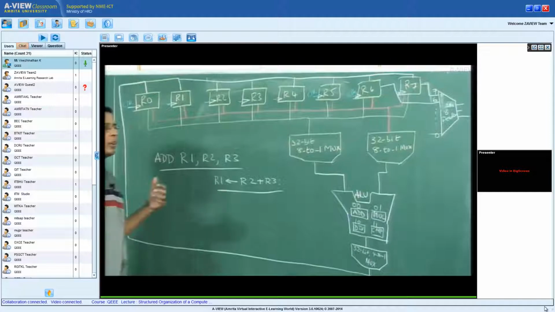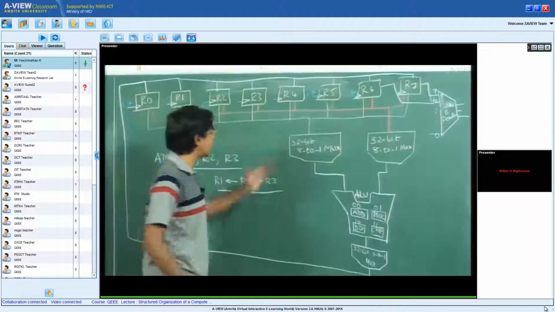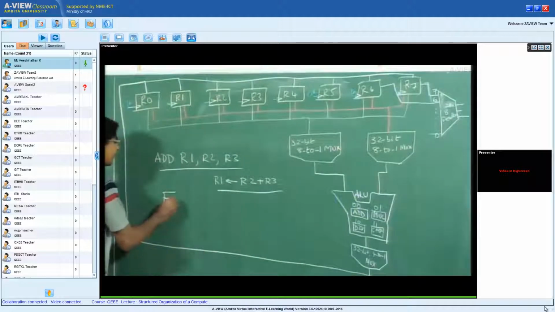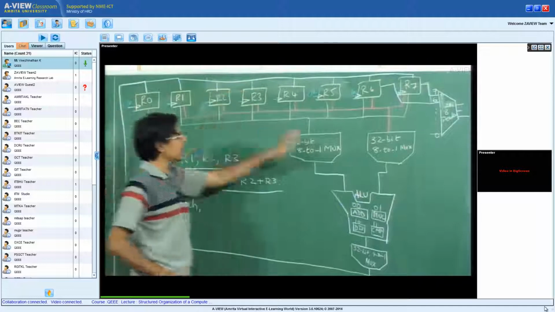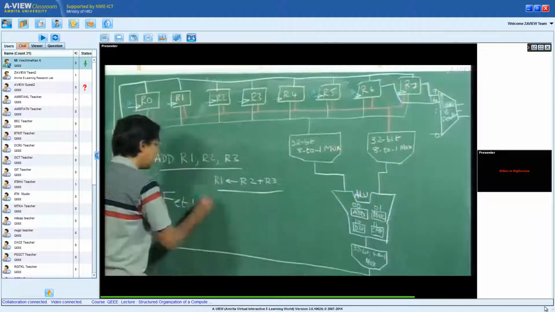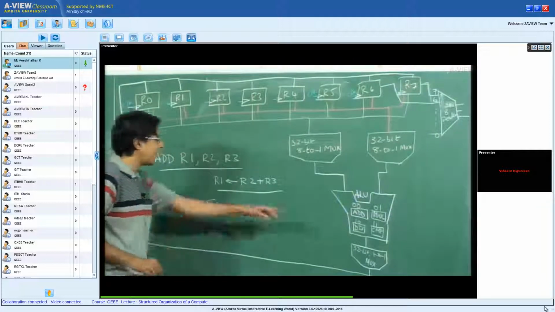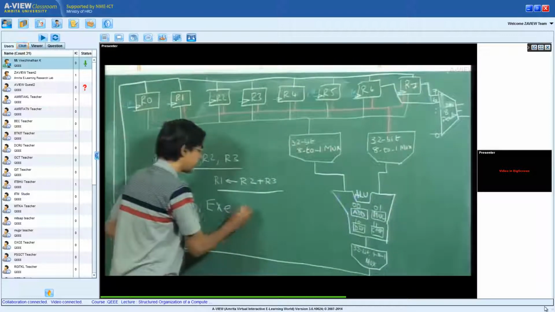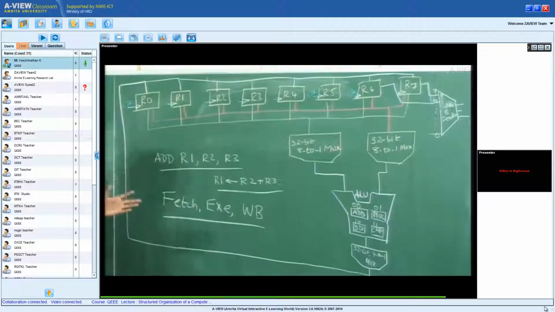So the first operation is to fetch the data from the registers to the ALU, execute the instruction on the ALU and then store back the result. So there are 3 stages in just the execution of this instruction.